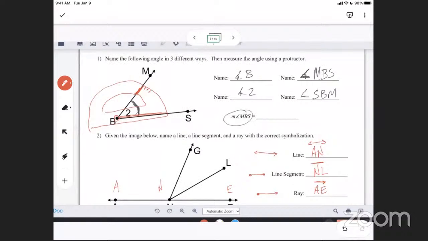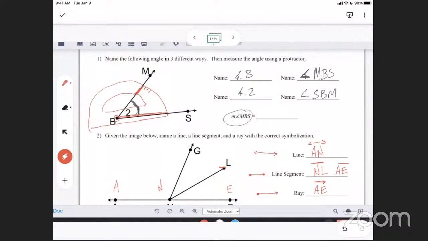In fact, if I wrote AE with a line segment over it, that would make it a line segment. And what I would mean by that is go from here to here and just stop. See how that's a line segment? So for a line segment, I could put NL or AE, and it would be correct. You could. Now, the one thing you shouldn't do is call NL a line or a ray,